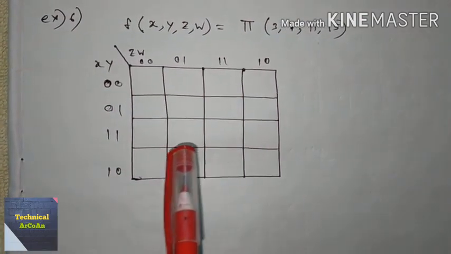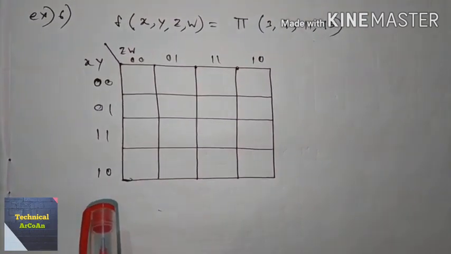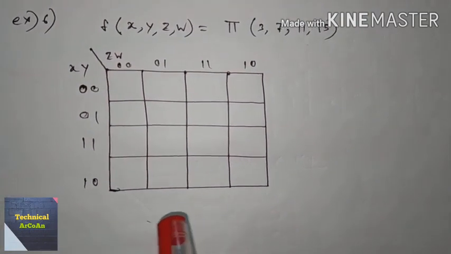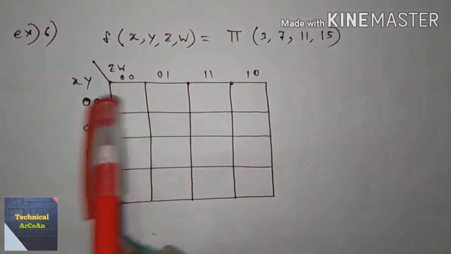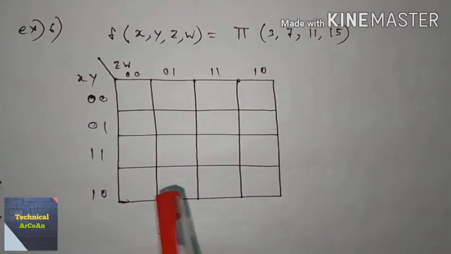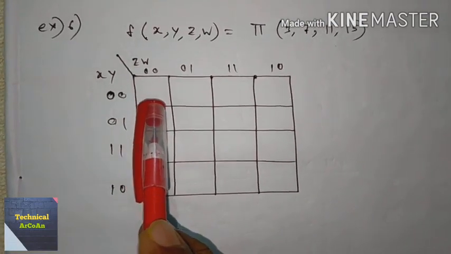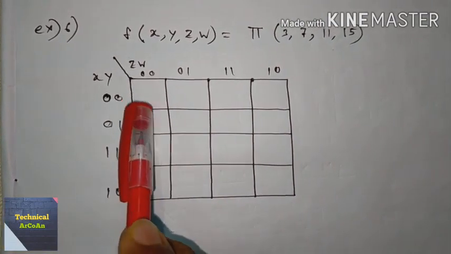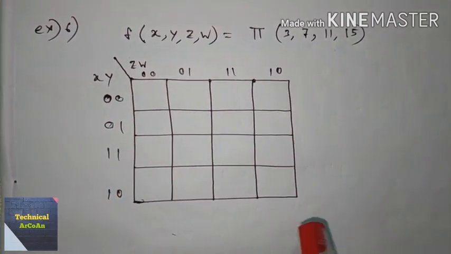Now we are considering the max term, because Karnaugh map can be used for min term and can be used for the max term also, okay? Now we take an example for the max term. That's why pi is given, and the position will be same. I already told in my previous session. The same thing is going on for the max term also. This is your capital M0, capital M1, capital M2, capital M3, and so on, okay?